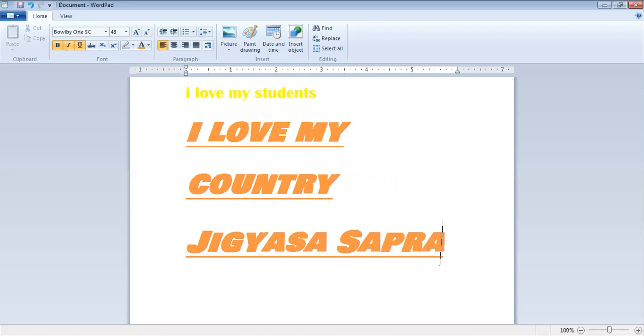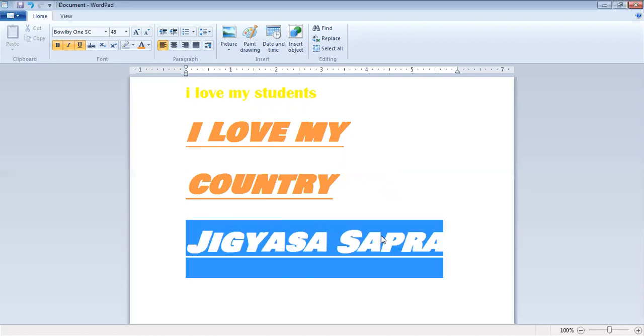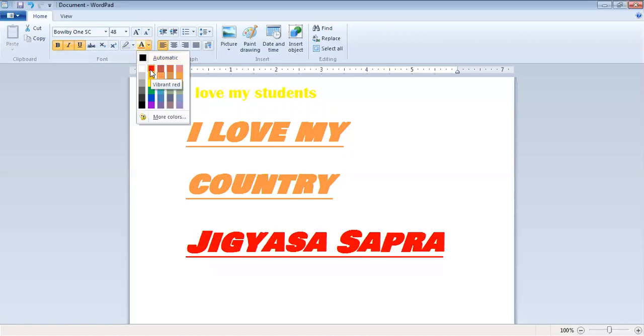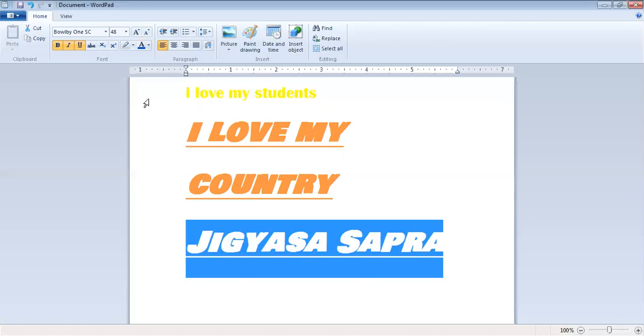Now, what I want to do, I will select the text, and I don't want this orange color. I don't want this much bigger size. So I will select the text. To select the text, I will put my cursor in the beginning, take a left click and then select the text. After this, first of all, I want to change the color. I will click on this A button and I will choose whatever color I want. For example, red, blue, whatever color I want. I'm taking a blue color.